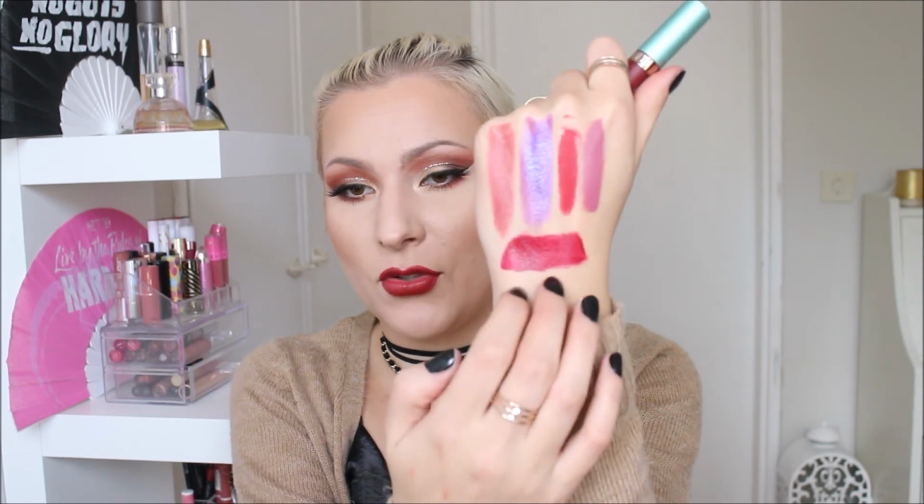So this is the shade. It obviously takes a while to dry down, but this one dries completely matte and it goes so matte that it is uncomfortable to wear, and that is my problem with some liquid lipsticks. I have had this experience now with this and also with the Colourpop Ultra Matte lipstick formula and also with the BH Cosmetics liquid lipstick formula. But other than that, I can wear all the liquid lipsticks I have tried, even if it is a little uncomfortable. But with this one and with the Colourpop one and the BH Cosmetics one,